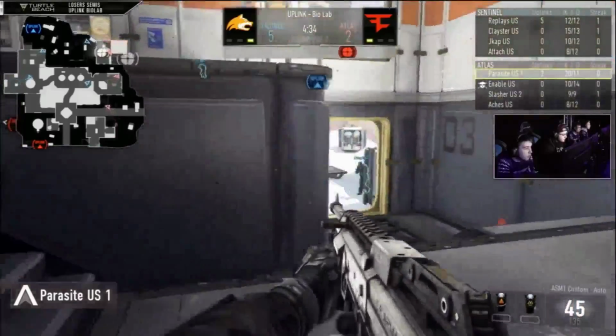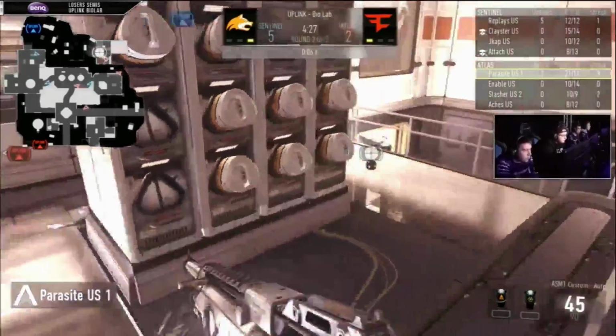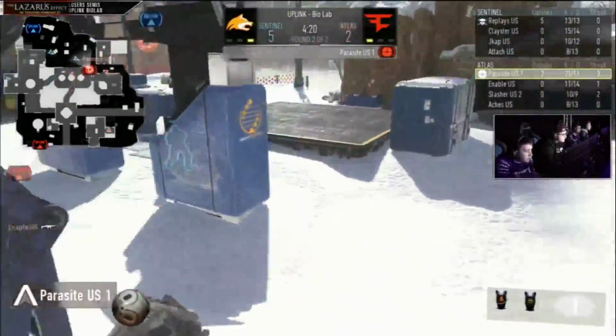We have an elbow play here from Parasite. He's going to toss that drone down. Nice shots there, able to win the gunfight with attach. But you see they're pretty much set up across Eskies and BioLab right now. It's going to be very difficult for him to push. Yeah, he's just going to hold on to that drone, try and just wait for his teammates to pick up